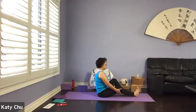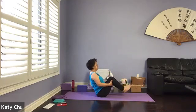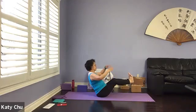From here, we're gonna go into the boat pose. Bend your knees, hands underneath the kneecap. When you're ready, lift your feet off the ground. Don't lean back too much. Now you can hold on for support here or here. Those who are ready to let go,